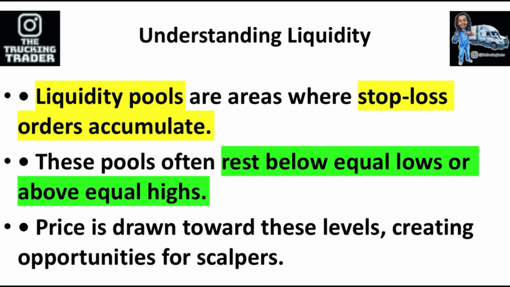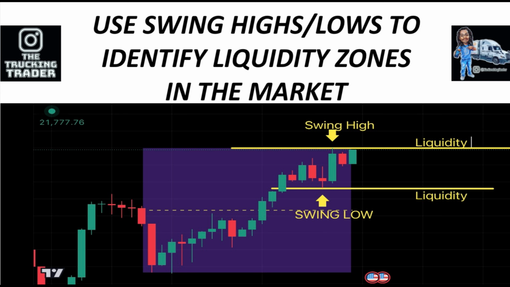So let's talk about understanding liquidity. Liquidity pools are areas where stop loss orders accumulate. These pools often rest below equal lows or above equal highs. Price is drawn towards these levels, creating opportunities for scalpers or, honestly, any type of trader. It could be scalping, it could be intraday traders, it could be swing traders as well, but we're going to focus on scalping. So in order for you to find liquidity zones, you are going to look for swing highs